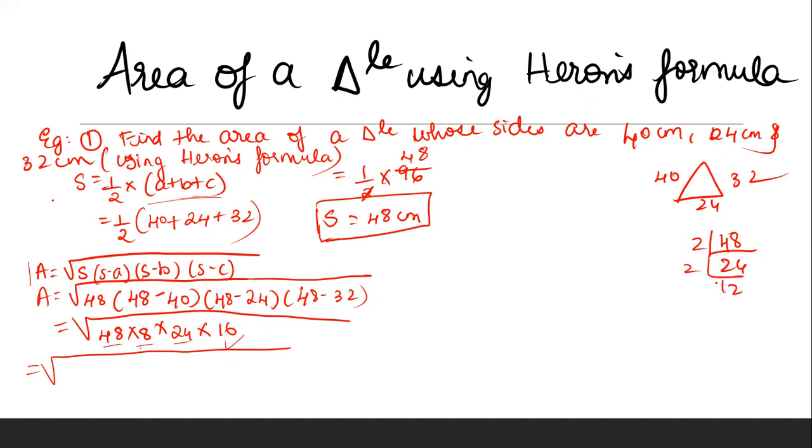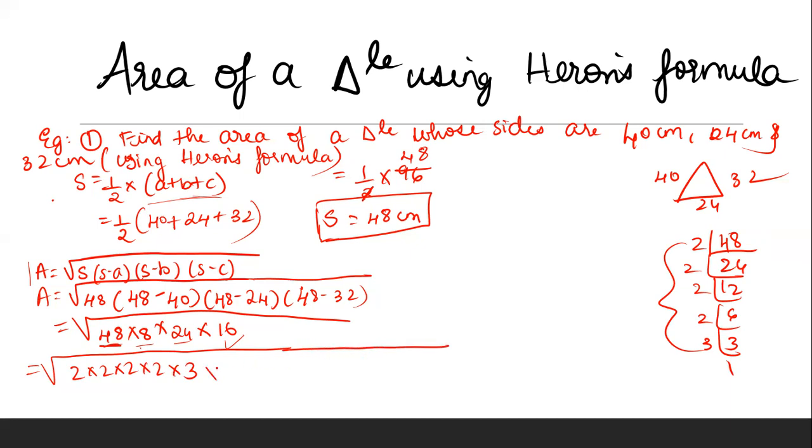So here, look, we've got our factors here. Write it down here. For 48, we have 2 into 2 into 2 into 2 into 3. Then, into